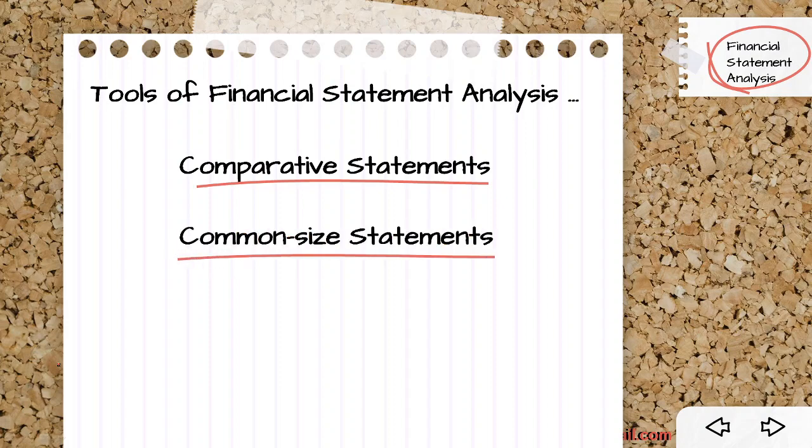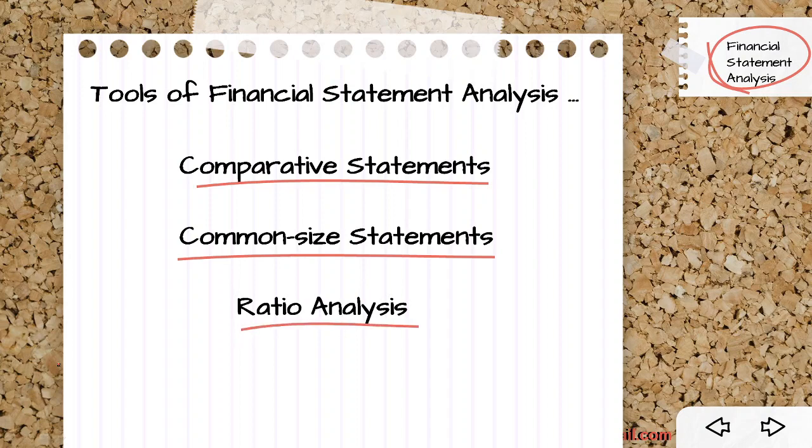The next tool is the common size statements. Now, common size statements is basically a study of the various financial elements of balance sheet and statement of P&L, where each element is compared with a particular base. If it is the balance sheet, we take the balance sheet total. If it is the statement of P&L, we take the base as revenue from operations. So each element of the balance sheet is compared with the balance sheet total and relevant percentages are found out. It is a kind of vertical analysis where vertically all the elements of a financial statement are analyzed.